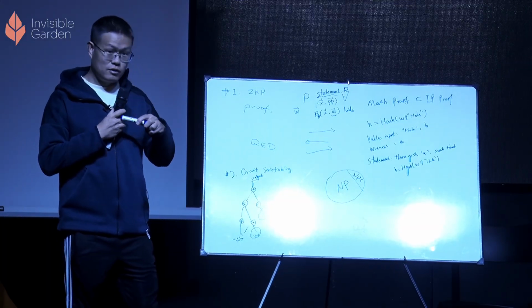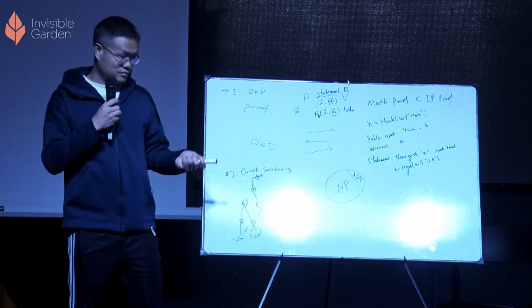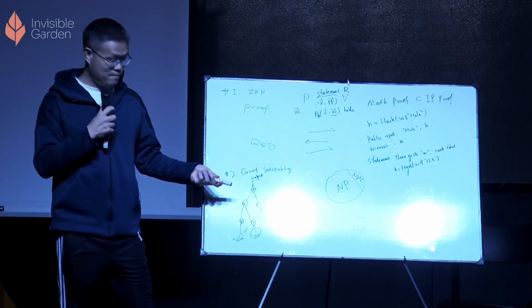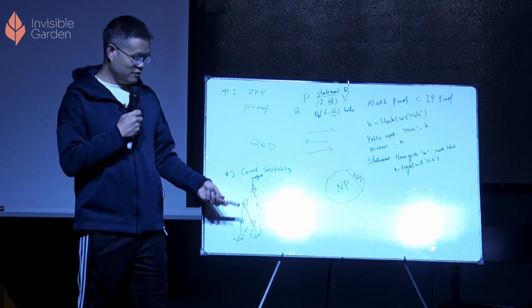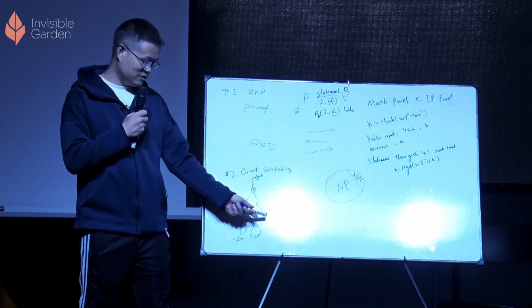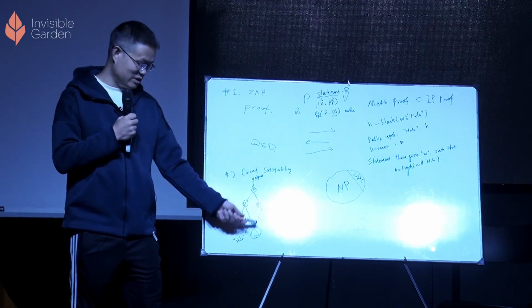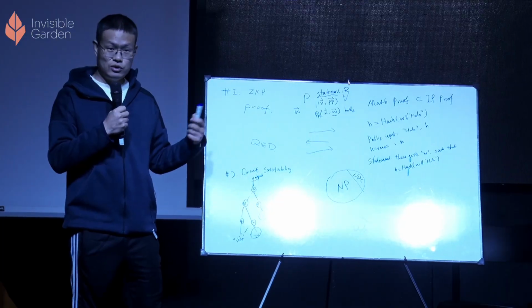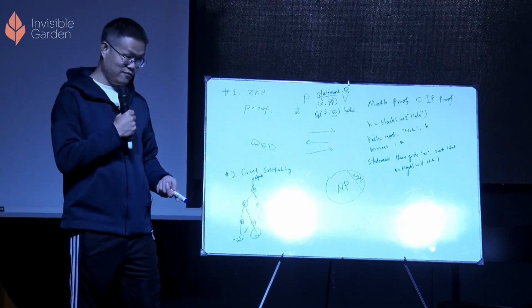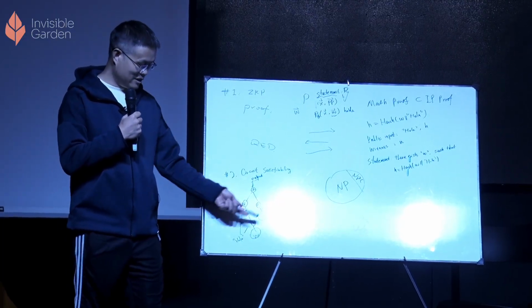So it will be very hard for a verifier to compute C and W. And the prover has the solution W and C, and the prover will show the fact, okay, this circuit is